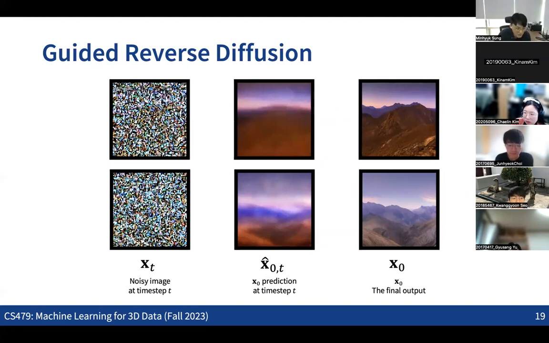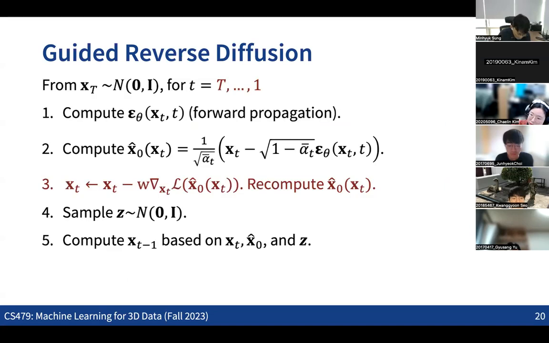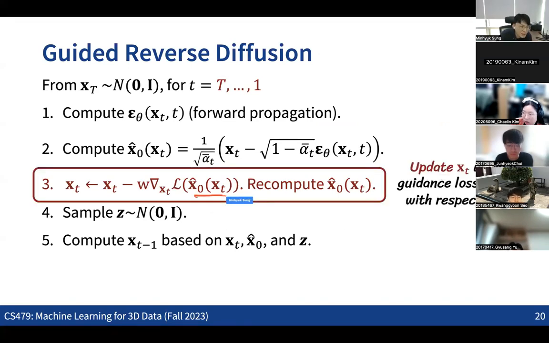So in the case of adding guidance in the reverse process, what we can do is add some regularization, which basically means that given the prediction of the final output, we can define an objective function. For example, we can apply this idea to in-painting as well. We can enforce that the final output has the same colors in the background region, so minimizing the L2 loss for the background region. So that can be the guidance. It's basically a matter of how we define the objective function here.